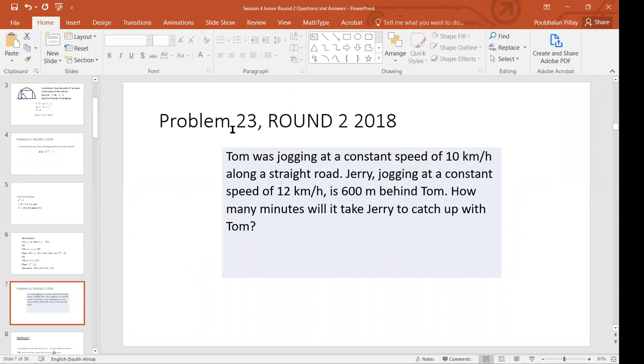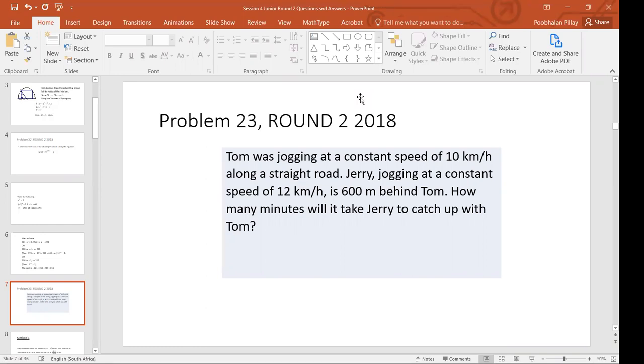Okay, so let's get on to problem number 23. This evidently is a problem on speed, distance, speed. Very often you have these kinds of questions in an Olympiad problem, and usually learners find these problems a little bit challenging. We have done a couple, and hopefully you are getting an idea as to how to go around solving these problems. The important formula is speed times